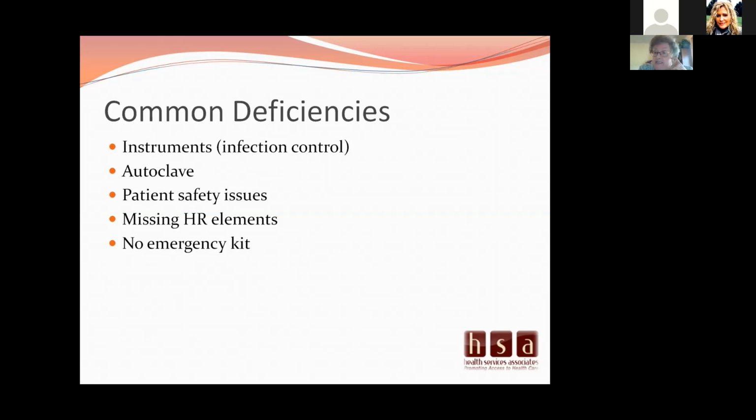No emergency kit. If your RHC is in the hospital and the emergency room is across the hall from your clinic, yes, your clinic needs an emergency kit. Does it need to have a full crash cart? No, but you need to have your medical director work within your group as to what you need to have in this emergency kit for your clinic. If you are off-site, you need to, again, work with the medical director for what categories you most deal with, but you do need to have an emergency kit on the premises of the 4 walls within the RHC.